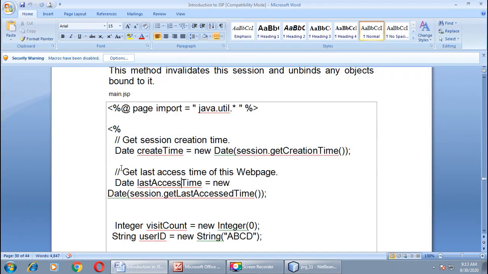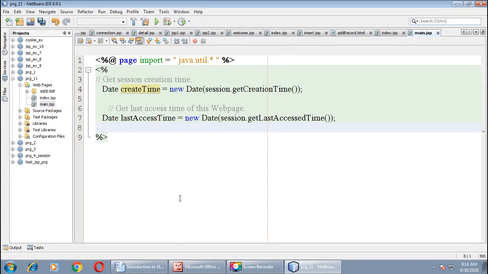Then we want to find the last access time of this web page. Again I have given one comment, right? Then the last access time we can find with the help of getLastAccessedTime. The second object we created with the name lastAccessTime, this will store the last access time of your web page for the particular session.